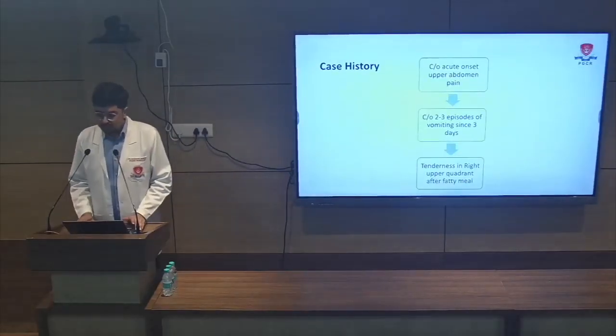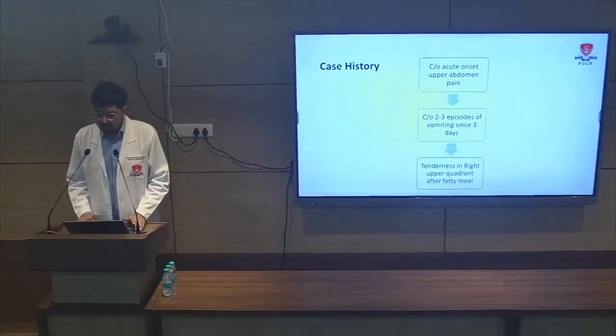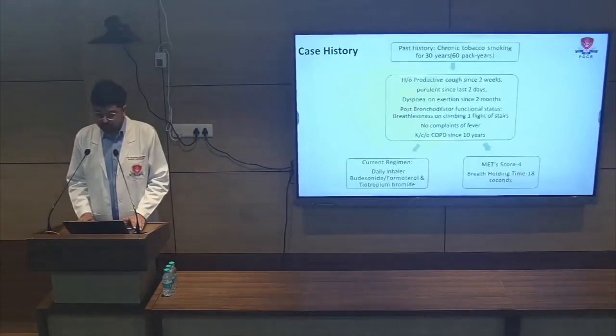The patient presented with acute upper abdominal pain associated with 2 to 3 episodes of vomiting over the last 3 days. Clinical examination demonstrated right upper quadrant tenderness, which was precipitated following the consumption of fatty meals. A 30-year history